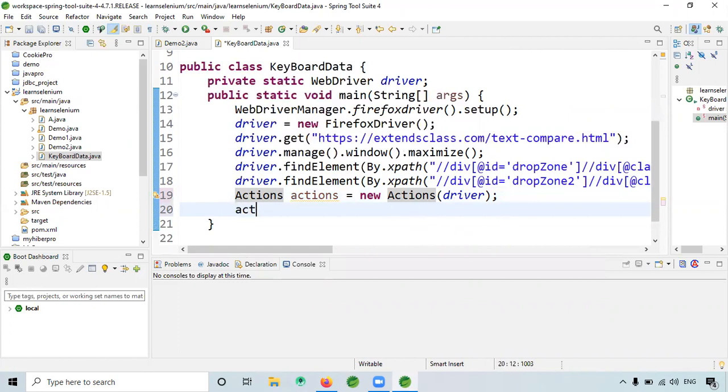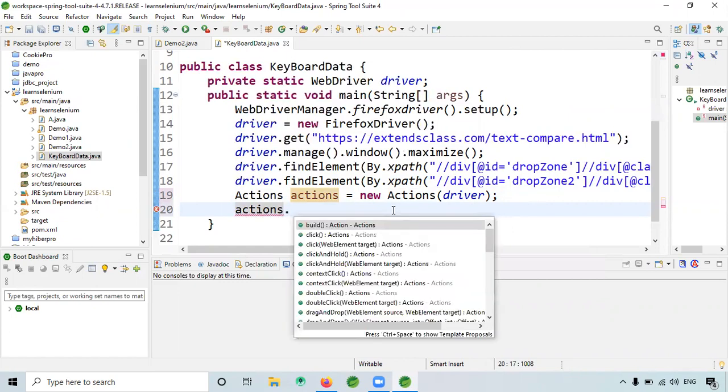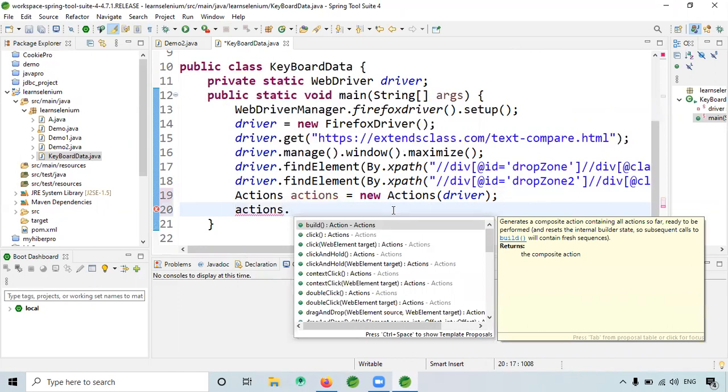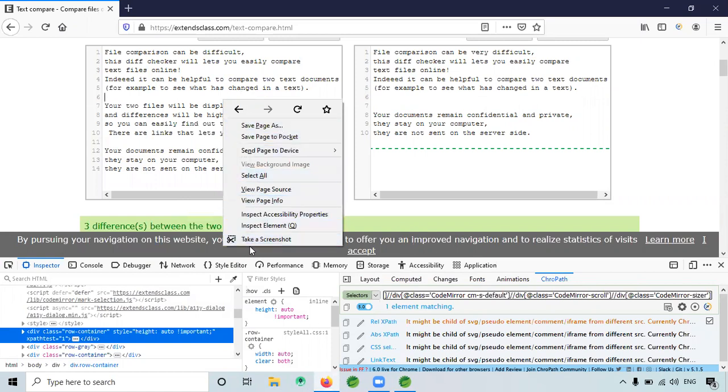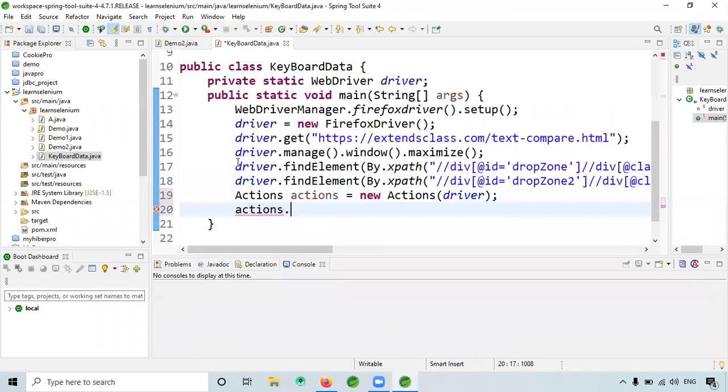Now actions dot. Actions dot. So here we have to use something called, when I click this, okay, actually we have to select the whole paragraph, right?